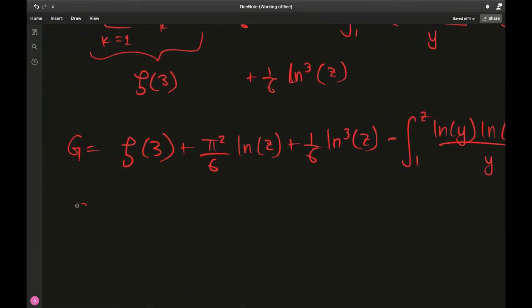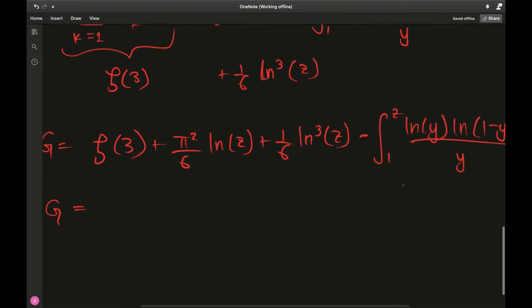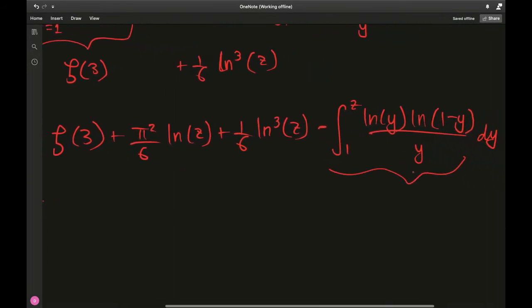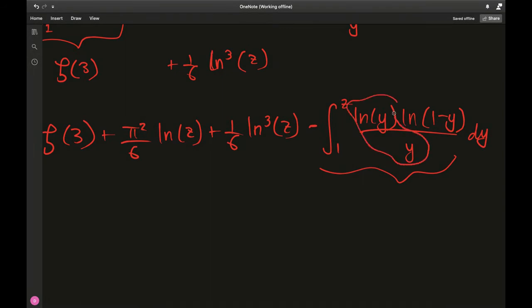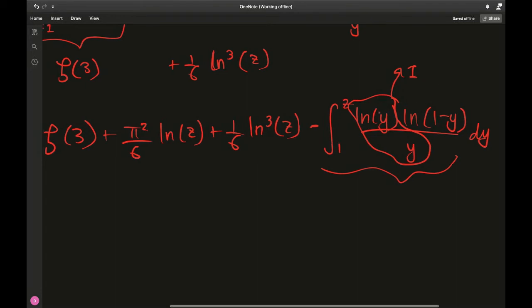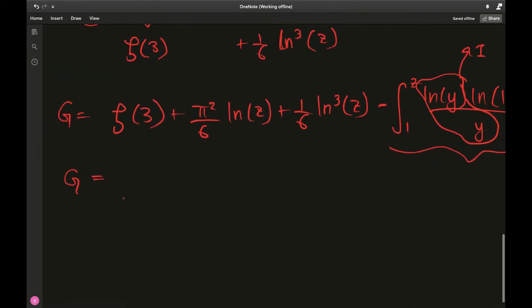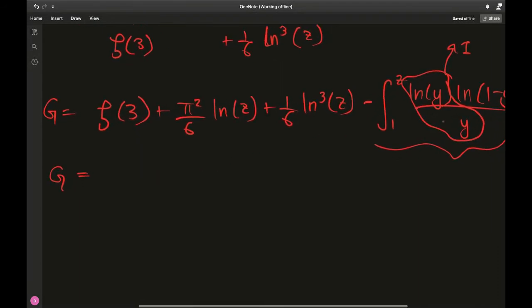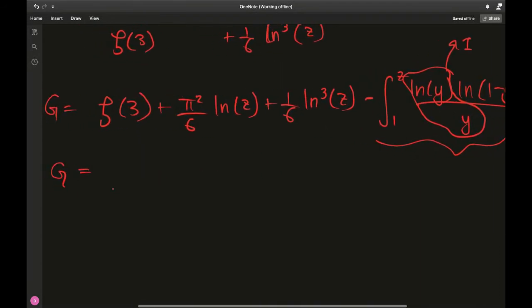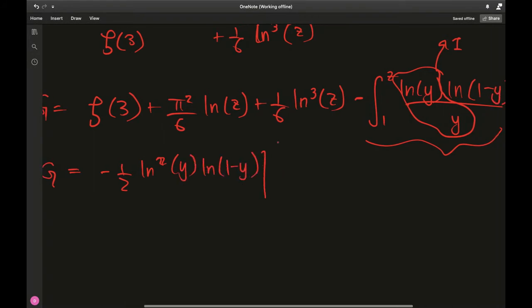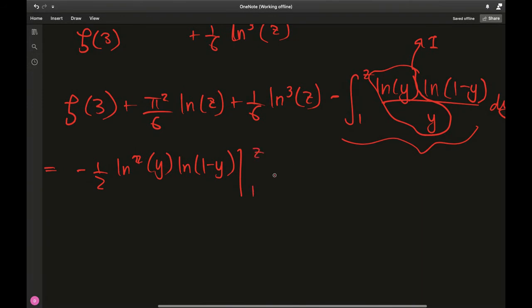Now what I'm going to do is use integration by parts on this guy. Naturally I'll be integrating this, and the other bit which is not circled I'll be differentiating. As a consequence of all this, let's write the integration by parts step first. Minus half natural log squared of y times natural log of 1 minus y evaluated from 1 to z, minus minus plus